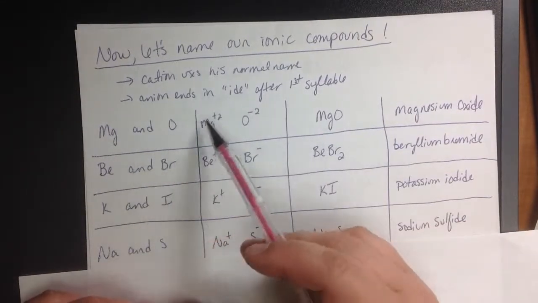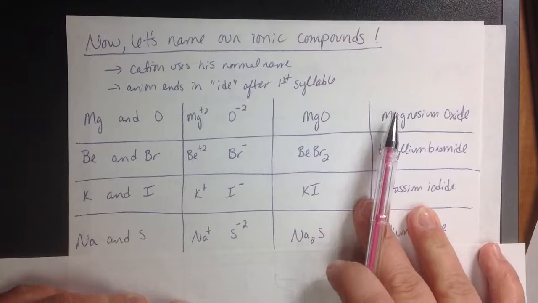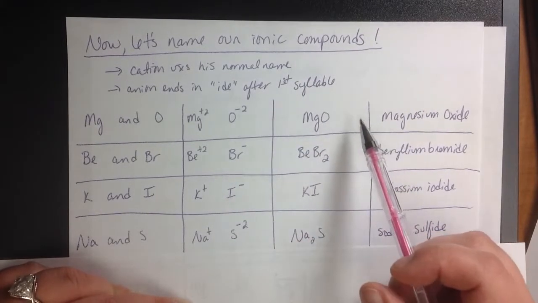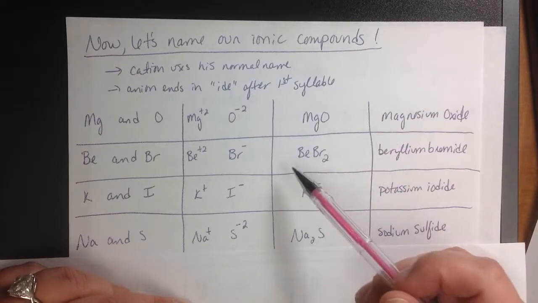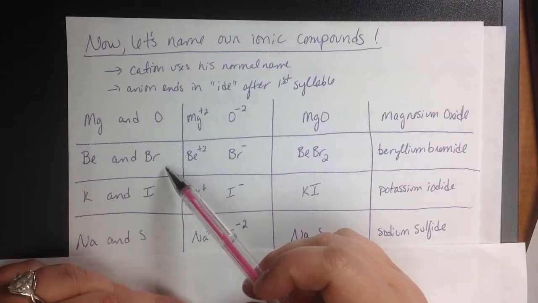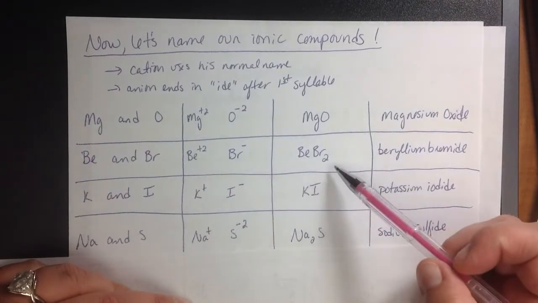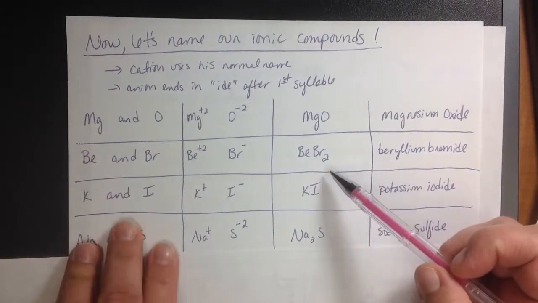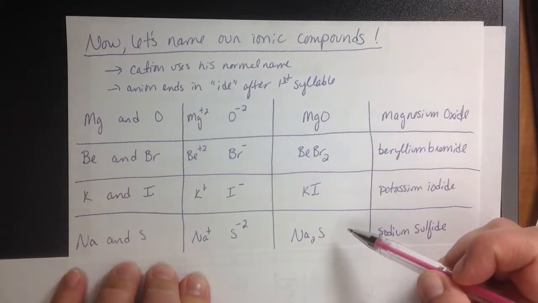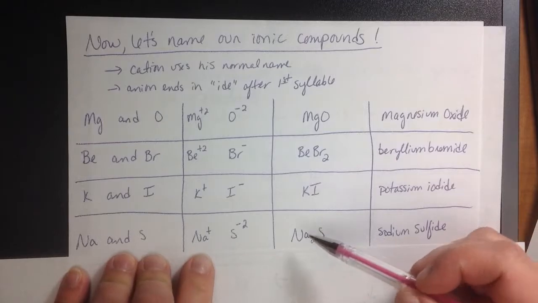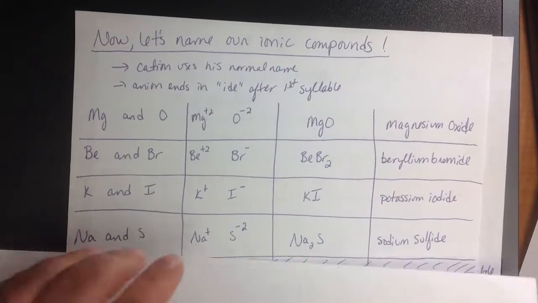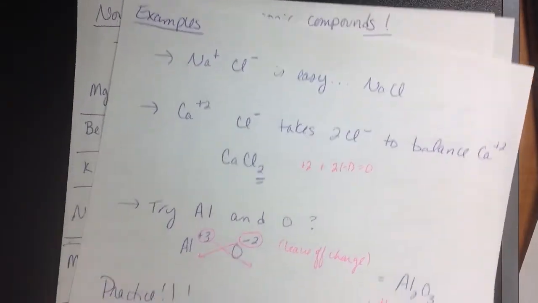Oh, I just did Mg and O, which I did earlier. Sorry about that. I didn't remember that it was there. So this becomes MgO, and we haven't gotten to naming it quite yet. So Be and Br becomes BeBr2. K and I becomes KI, and Na and S become Na2S. Okay, good. Now,